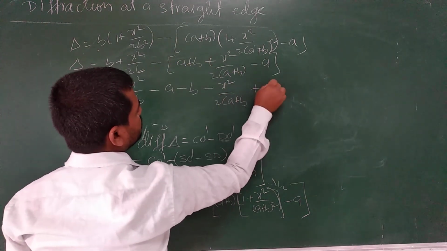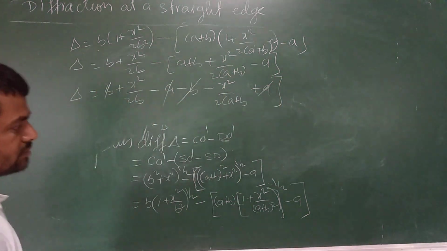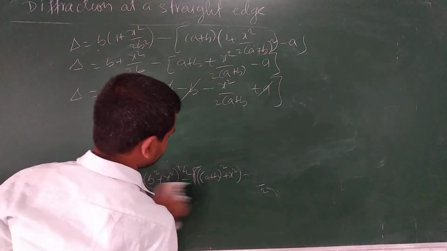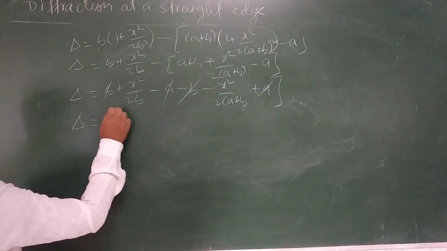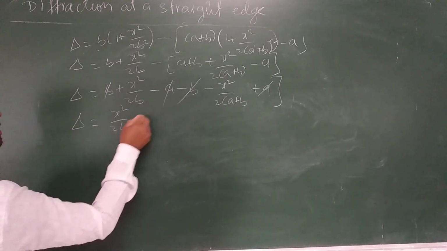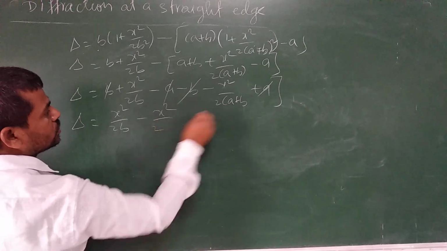Minus minus becomes plus, and the terms cancel. Now delta is equals x square by 2b minus x square by 2 into